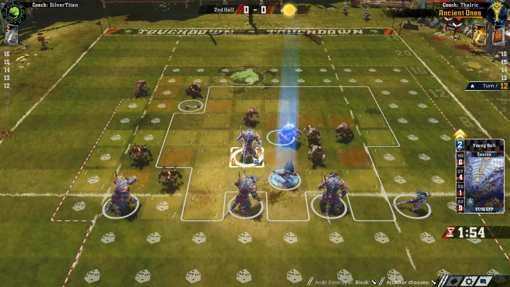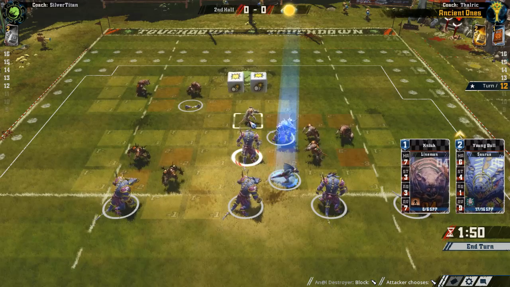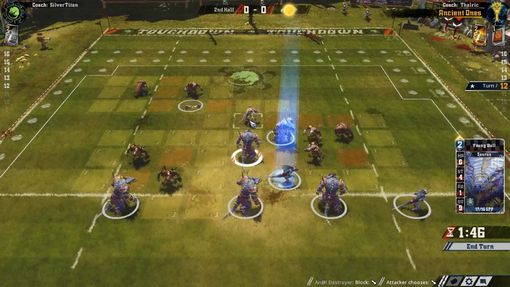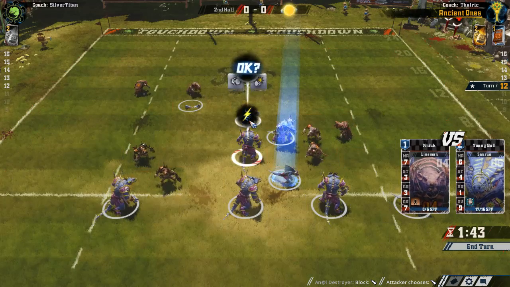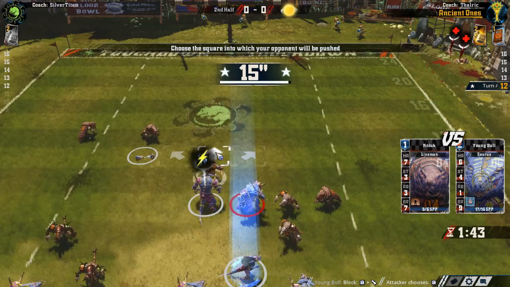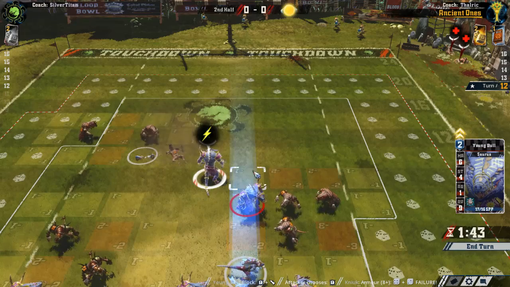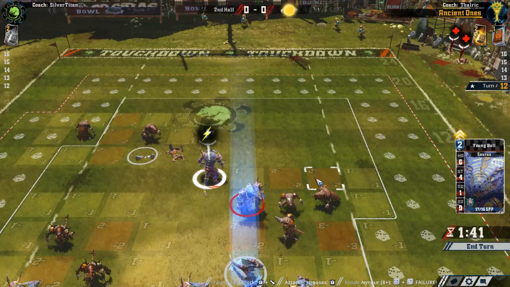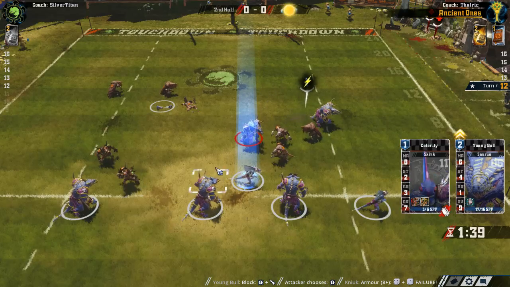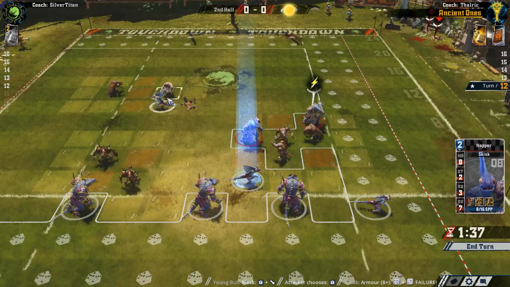So let's check out, where is Young Bull? Young Bull is over here. I think probably our best choice is going through the middle. And we'll just try that. Okay, so that is good. We'll push over here and follow. And then we'll move him over here. We will also leave Hopper where he is now,